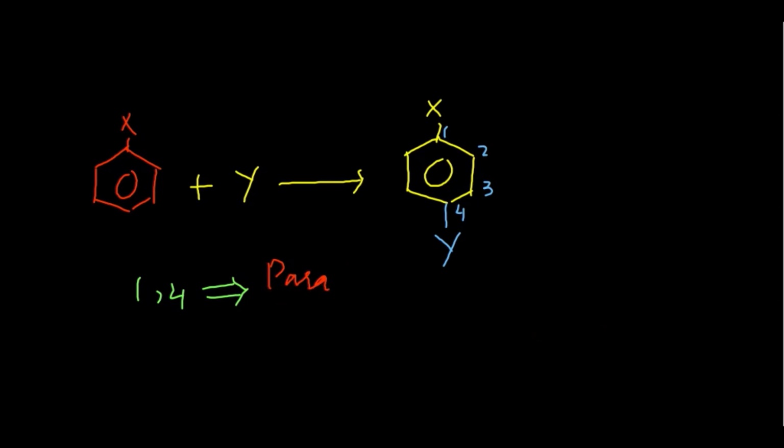It means the position of the second substituent in the benzene ring depends upon the nature of the first group, right? The second group would come at different positions. These positions are what are the positions, students? Either they are ortho to each other, that is at ortho positions, that is at position 1 and 2, or either they are at meta positions, that is position 1 and 3, or either they are present at para positions, right? So introduction of the second substituent in the benzene ring gives three isomeric forms, that is ortho, meta as well as para. I hope this is clear to you, students.